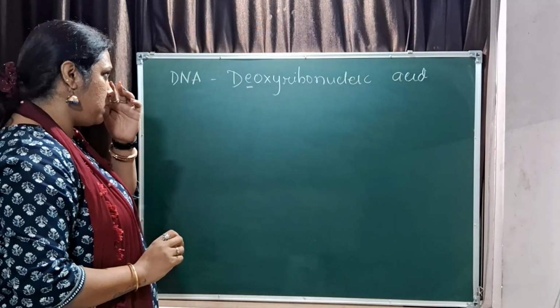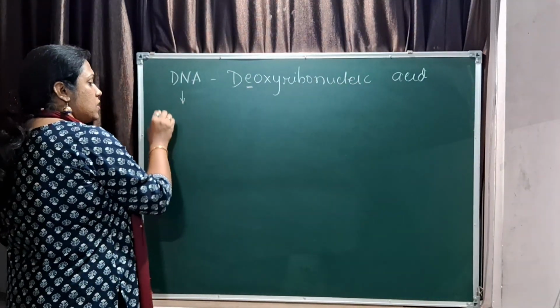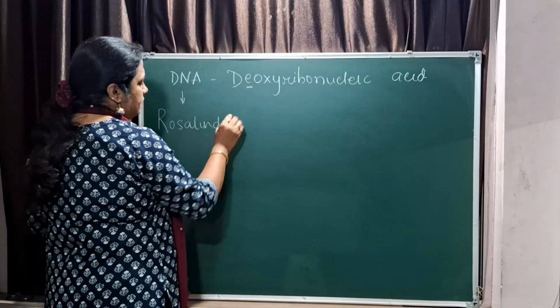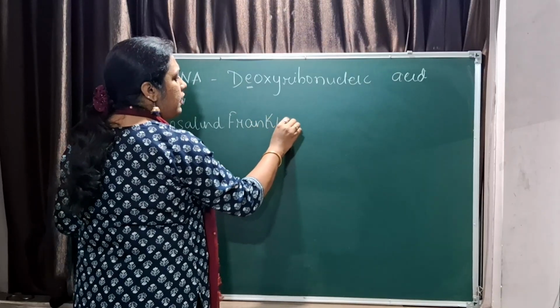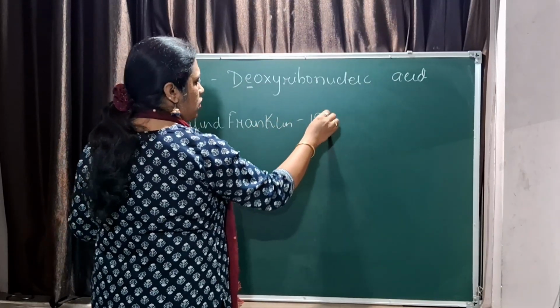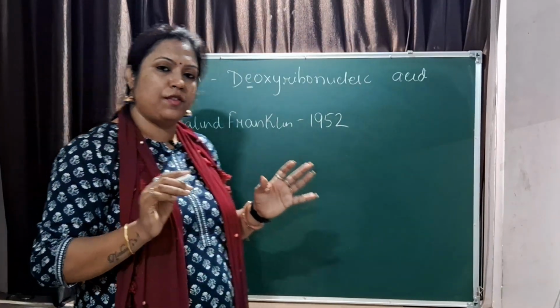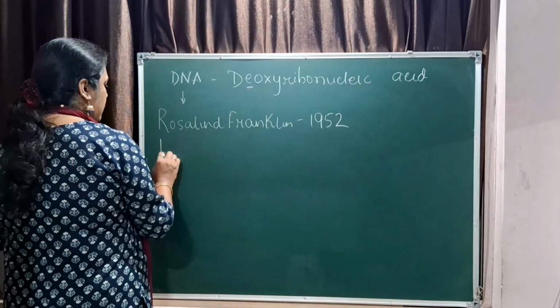I'll explain you the reason for that. Okay. Now this DNA was studied by Rosalind Franklin in the year 1952. And then this lady gave a X-ray crystallography of DNA molecule, on the basis of which Watson and Crick